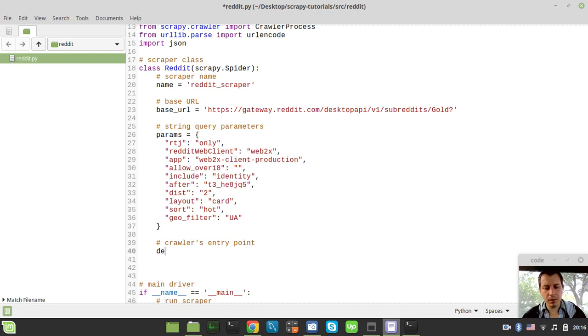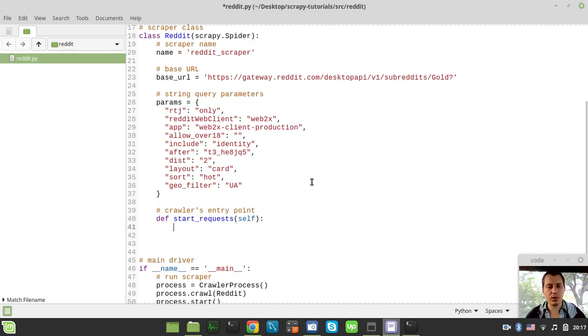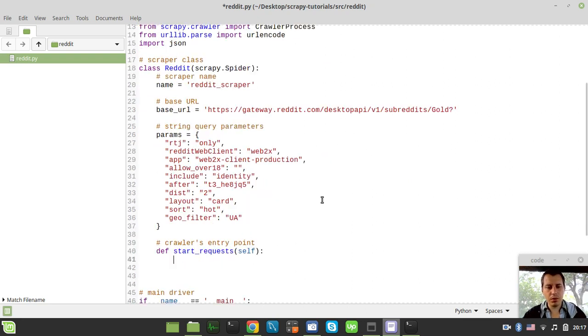And there is the method called start requests. It takes only the self instance, and this is the exact point where the Scrapy spider we're inheriting from starts actually making some HTTP requests. So, well, first let's try to create the URL. So it would be equal like self.base URL and plus